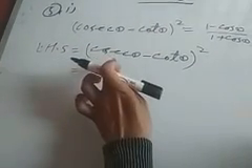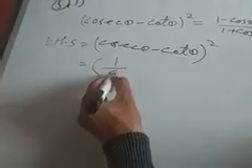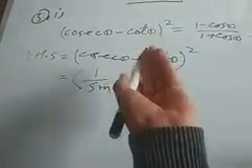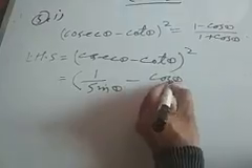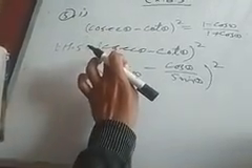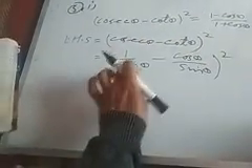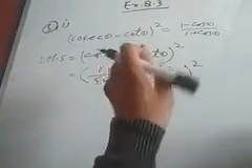अब जैसा कि cosec theta is reciprocal of sin theta, so I will write 1 by sin theta minus cot theta, which is cos theta by sin theta, (cos theta by sin theta) का whole square. So what I did in this step, I just substituted the values of cosec theta and cot theta. Cosec theta is equal to 1 by sin theta and cot theta is equal to cos by sin, because cot is reciprocal of tan and we know that tan is sin theta by cos theta, so cot will be cos by sin.